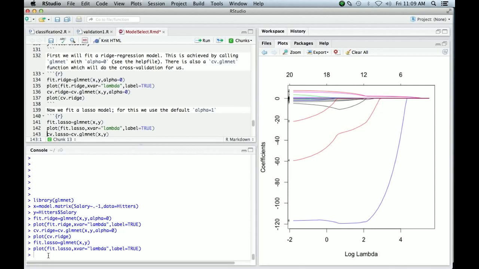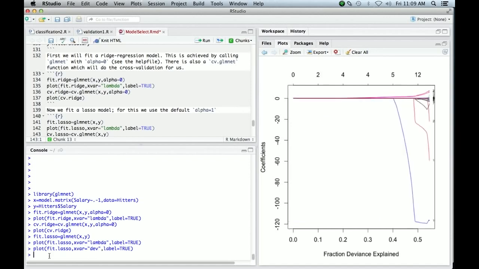We plotted the lasso against xvar equals lambda. If you look at the help file for the plot, you'll see that there's various choices, and one of them is a really interesting choice, and it's deviance. And what it means is percentage of deviance explained, or in the case of regression here, sum of squares explained, which is the R squared. So if we make that plot,